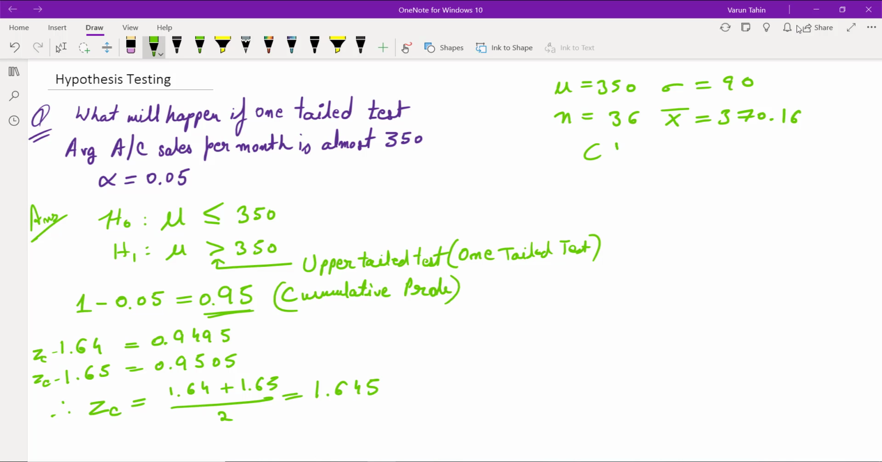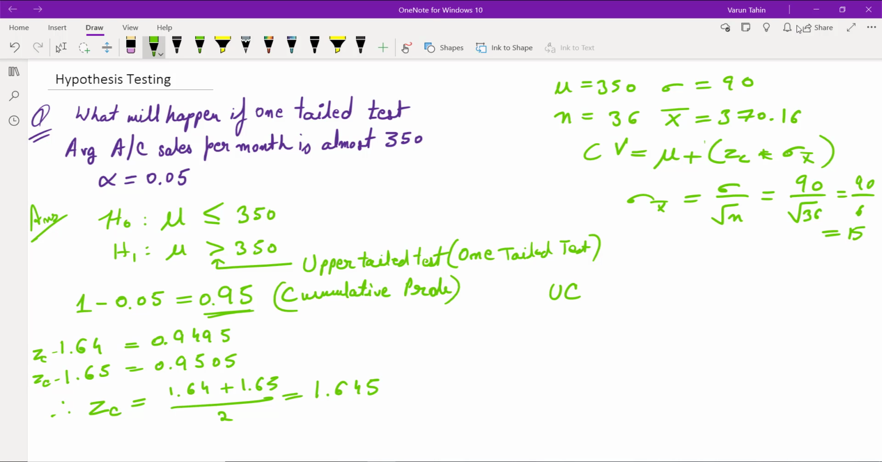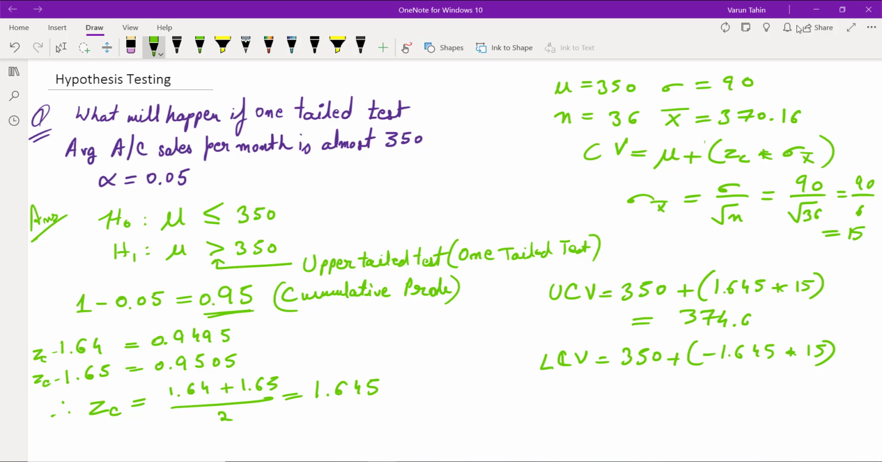Again, CV is mu plus or minus ZC into the standard error. Now the standard error here becomes sigma by square root n, which is 90 by square root of 36, which is 90 by 6, or 15. Hence UCV will become 350 plus 1.645 into 15, and LCV will become 350 minus 1.645 into 15. So this will solve as 374.675